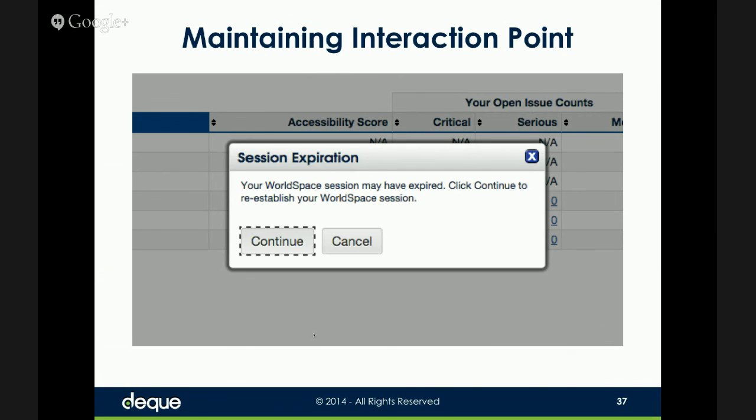But then you also need to make sure that the interaction goes back to wherever I was so that I can carry on with whatever task I was doing when I was interrupted. So maintaining the interaction point is about making sure that I can get to the things and back to the things I was interacting with